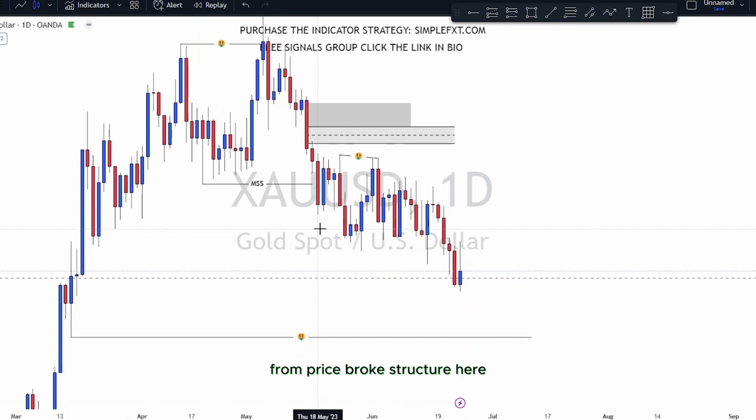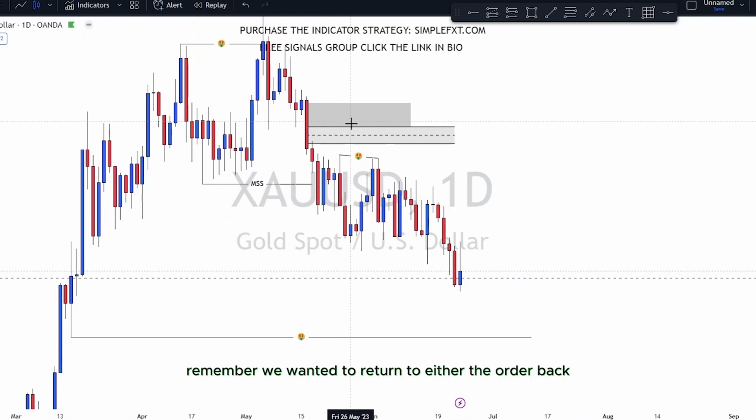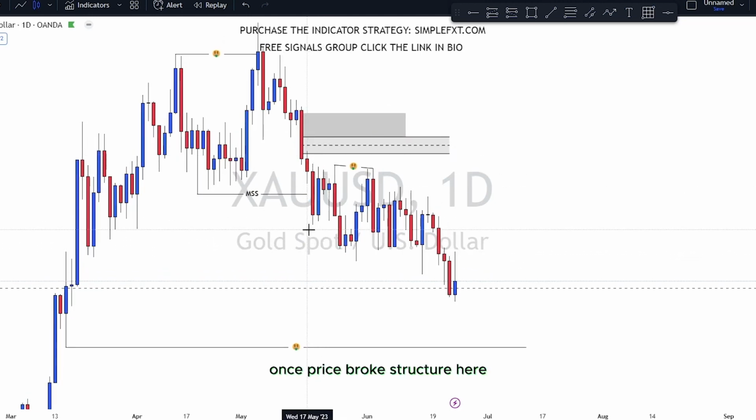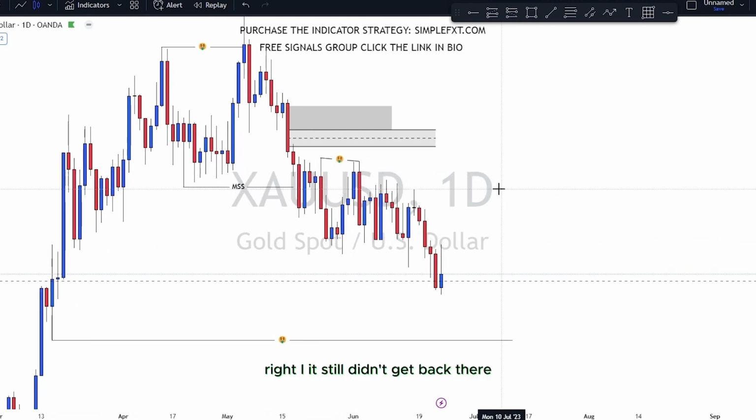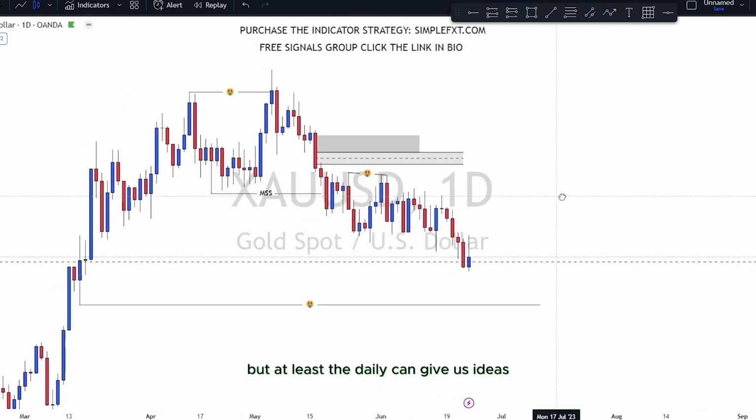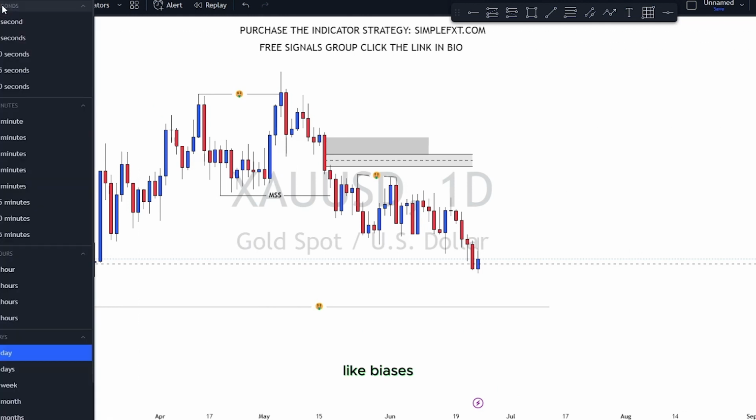from price broke structure here, remember we wanted to return to either the order block or the fair value gap. Once price broke structure here, this was May 18. I said before, it's currently today's Saturday, so it's currently June 24th. So that's over a month, right? It still didn't get back there. So we're not gonna trade from the daily, but at least the daily can give us ideas, like biases, to know that